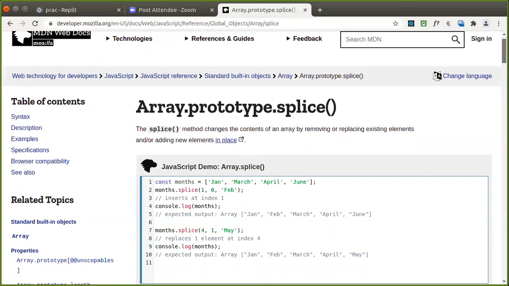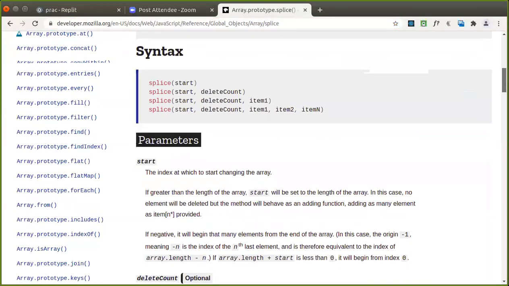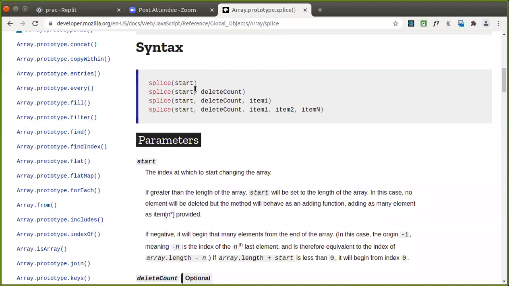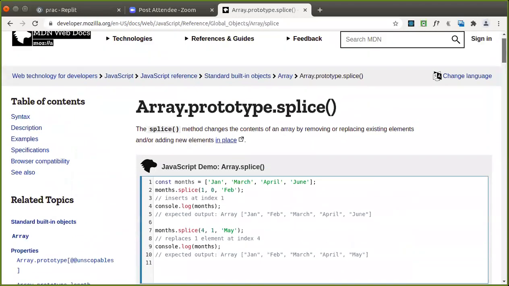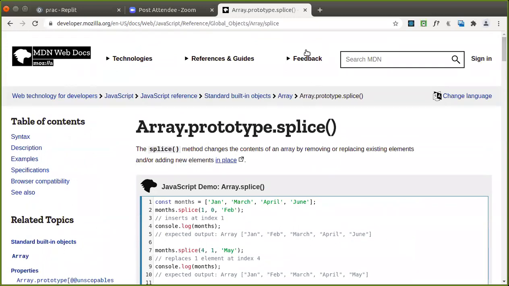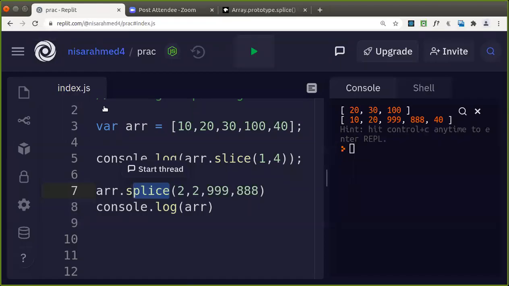Clearly, it will give the syntax: start, delete count, item one, like that. You can get documentation related to these at developer.mozilla. You can just Google that. There are many other documentation sources, but this will give you a clear-cut idea of how not only splice, any other function also you can refer to.